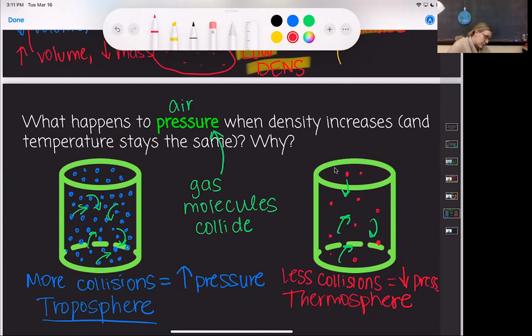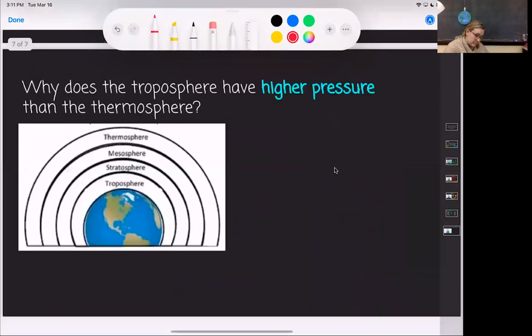Okay, now I also mentioned that temperature has to stay the same. The reason for this is because when we add heat to molecules, they move faster. Molecules that move faster have more collisions. So if the thermosphere was a lot hotter than the troposphere, then the thermosphere might have higher pressure, because even though these are further apart, they could collide more if they're moving faster. And so we know that the troposphere has higher pressure than the thermosphere because